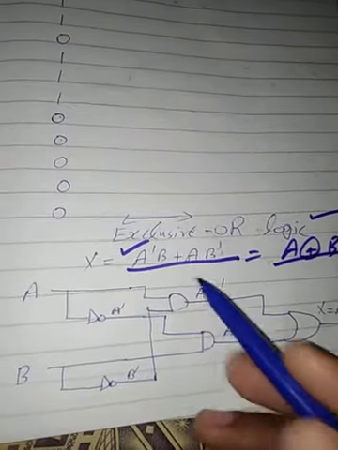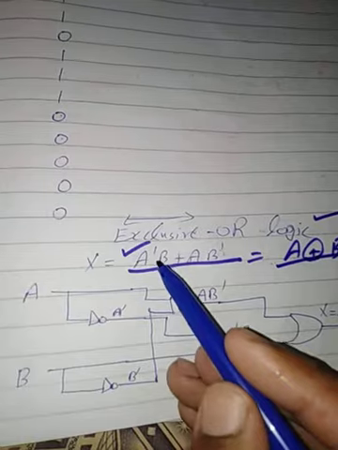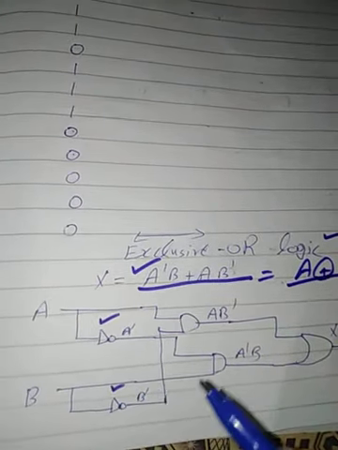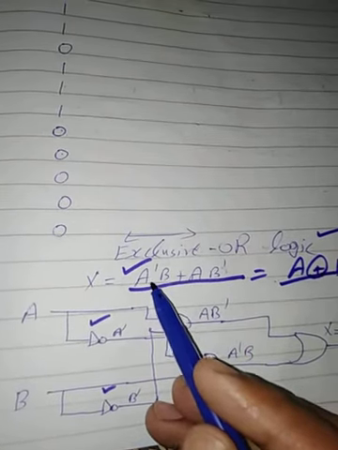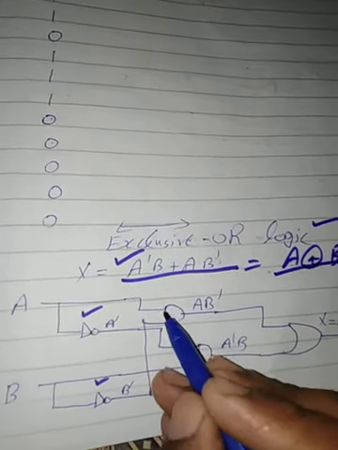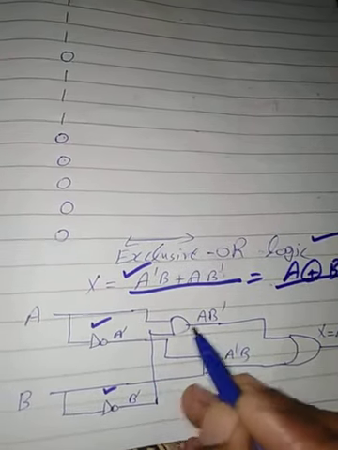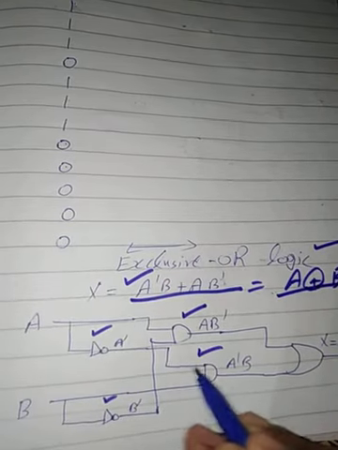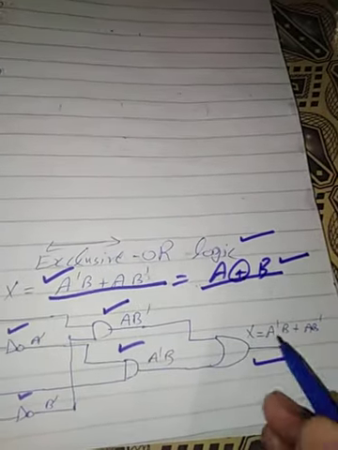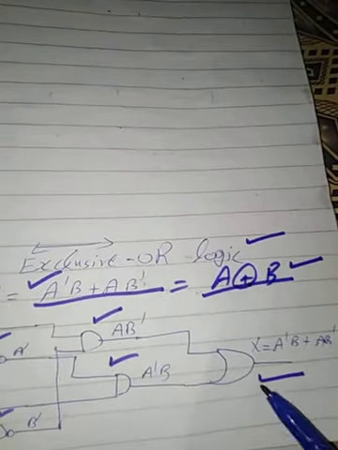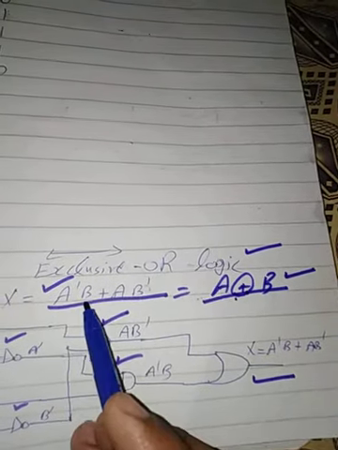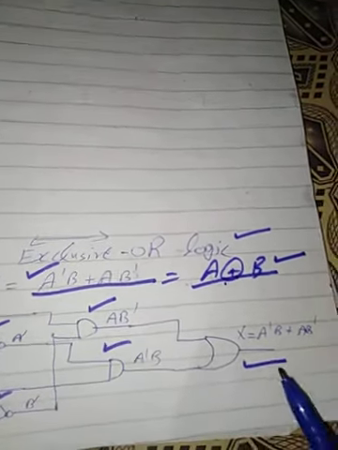I make a diagram of this expression like A, B. I need both A complement and B complement, so I use an invert gate, which gives me A complement and B complement. I use an AND gate because this is an AND expression. For the first term I use A complement with B simple, and for the second I use A simple with B complement. At the end I take an OR because this is a sum. This is the expression of exclusive OR, and this is the symbol. When I open this expression, it is A complement B plus A B complement, and I implemented the logic diagram.